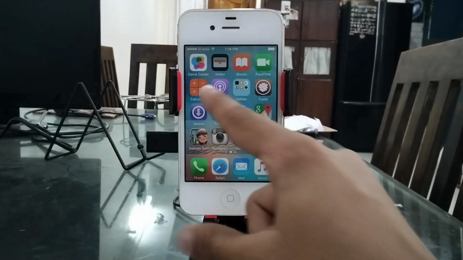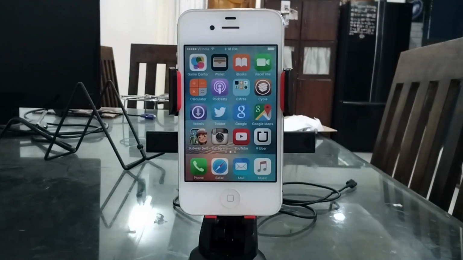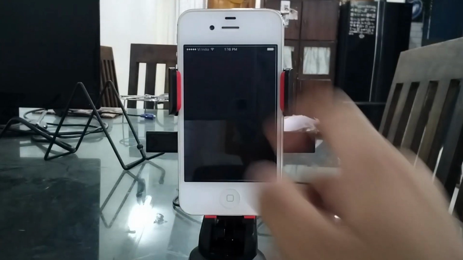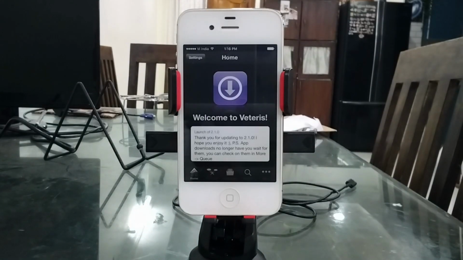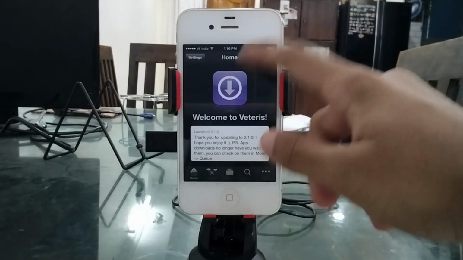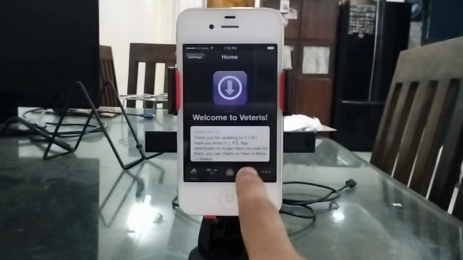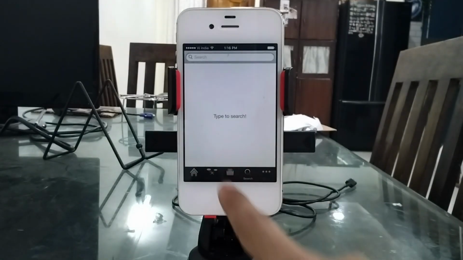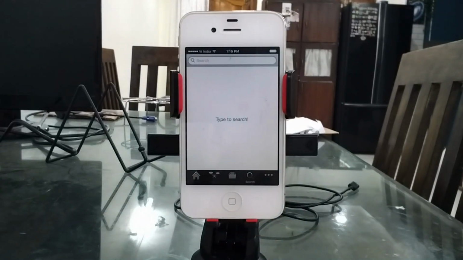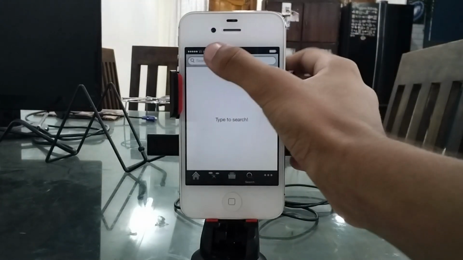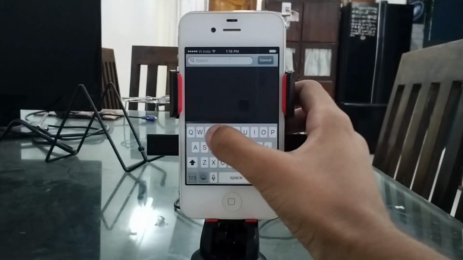Go to home and you will see Veteris. Click on it. And then you will be taken to the Veteris home screen. Click on categories, featured or searched. Search an app. For example,